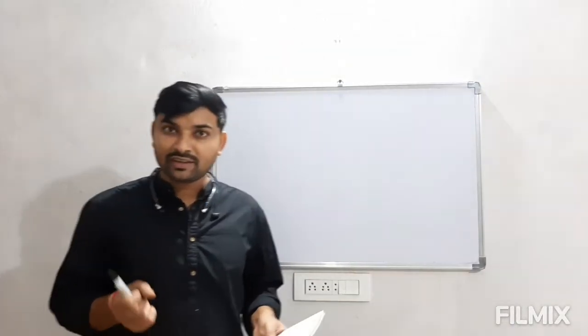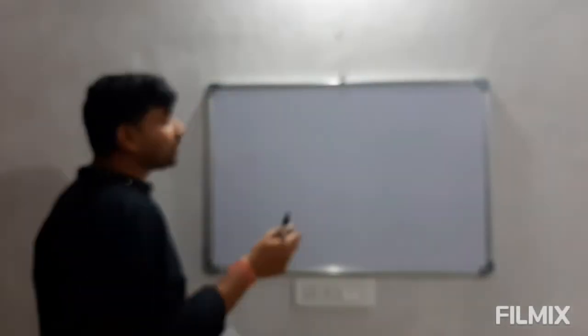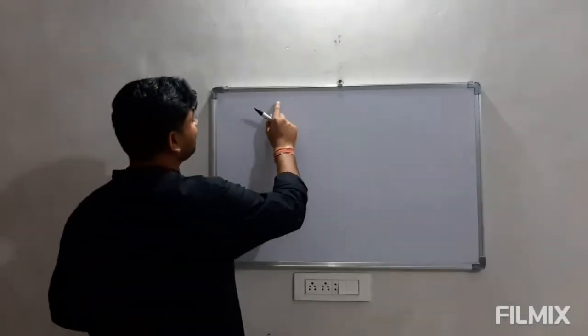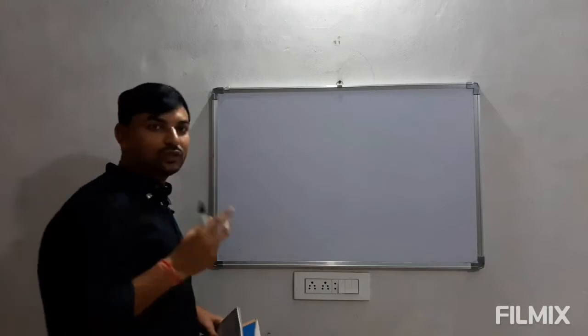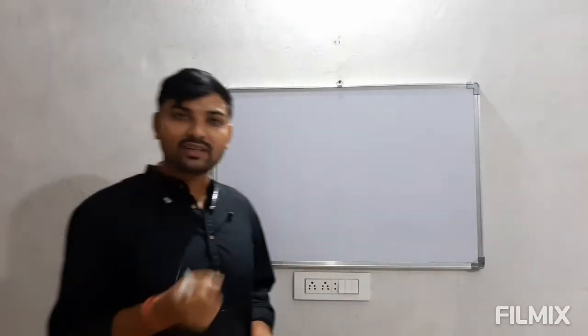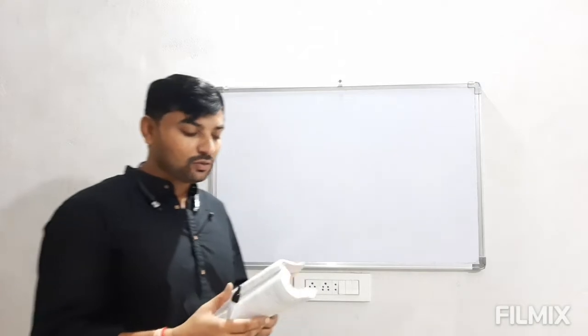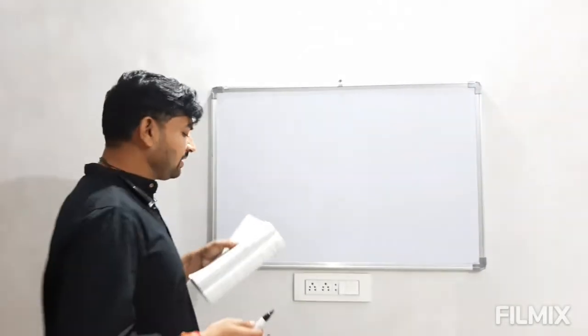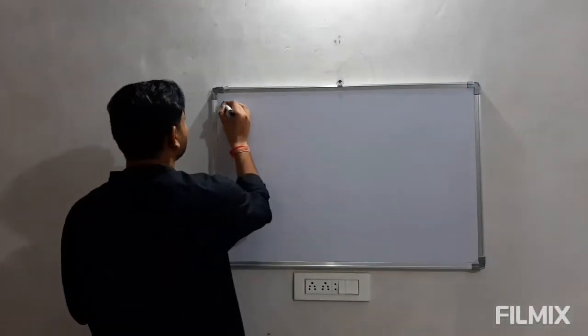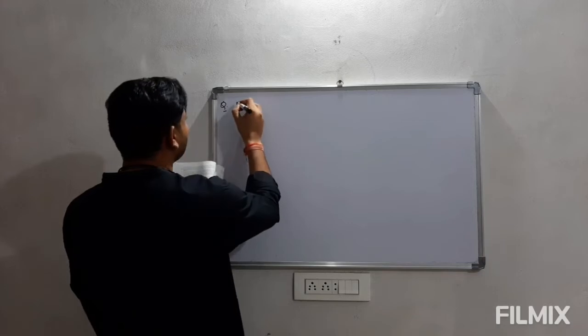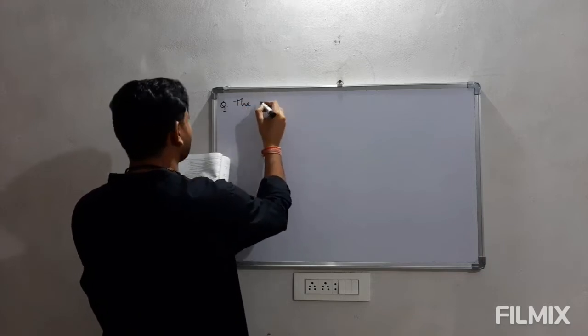Like what we did in chapter 3, we had a word problem and 2 unknowns were there. So in that particular section we were using 2 variables, but here in quadratic equations, as I told you, we have to use only 1 variable. So there will be some changes in it. Let me explain this thing with an example. I am taking a very simple question.